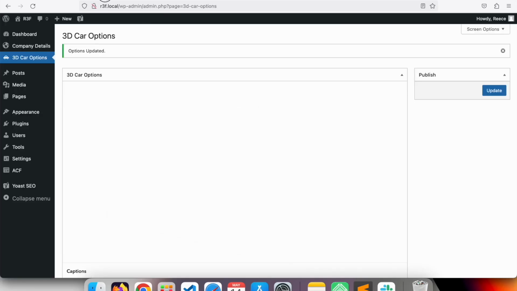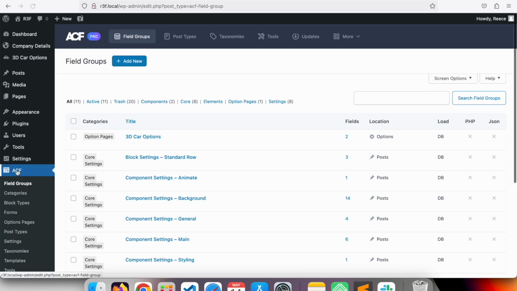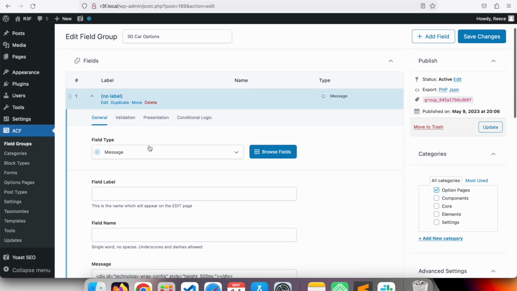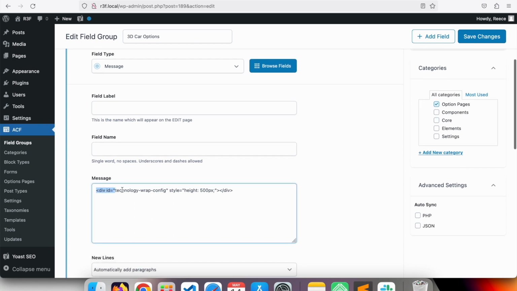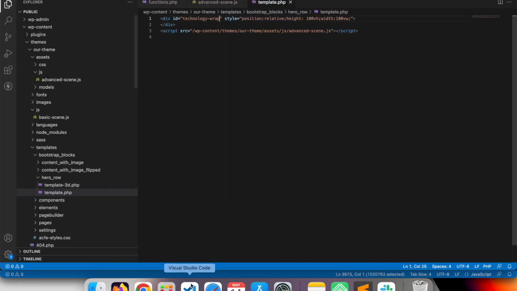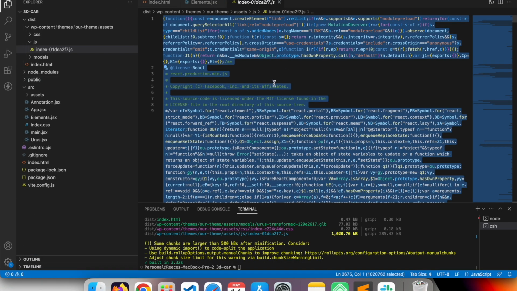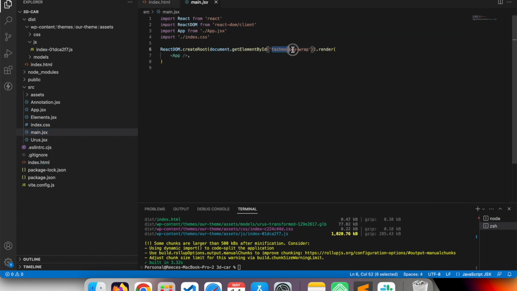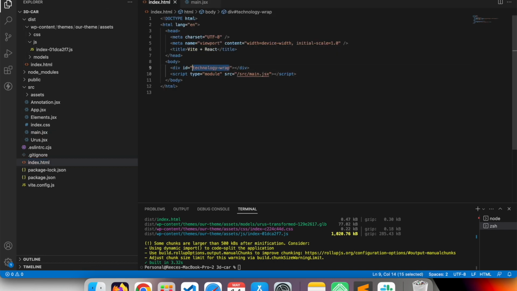So how do I get a preview on the back end? What we do is go over into our 3D car options file, and all I've done is create a little message field, and we've got div id technology wrap config, and we've manually set a style in here, and we basically want to change our React app to attach to that. So if we go back, we can close this off, and let's go back to our main, save that, change the div, save that out,